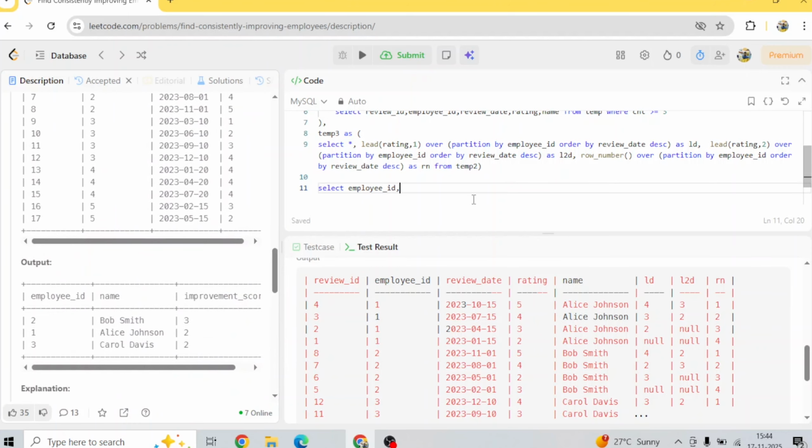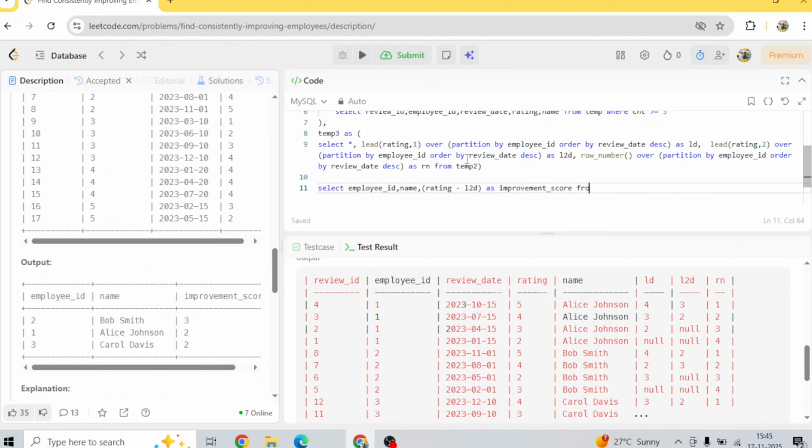Employee ID, we need the name, we need the improvement score. So improvement score is going to be my rating. Now if you can just see here, my subtraction becomes easier. Rating minus, I will simply do L2D, right, as improvement score,